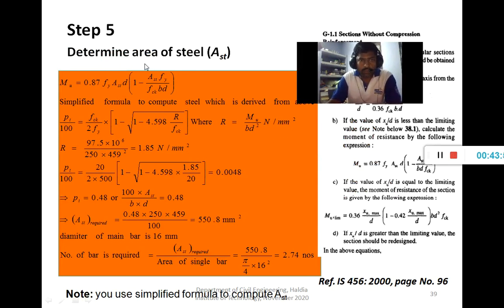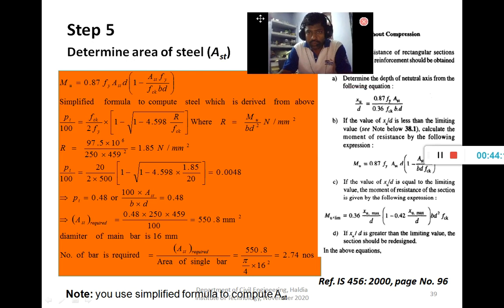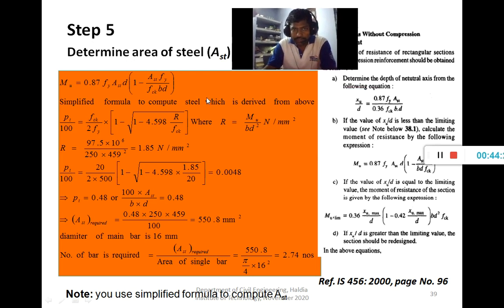So in step 5, you see that in step 4 we computed what size is required. Now in step 5 we calculate the area of steel using the IS 456 equation.